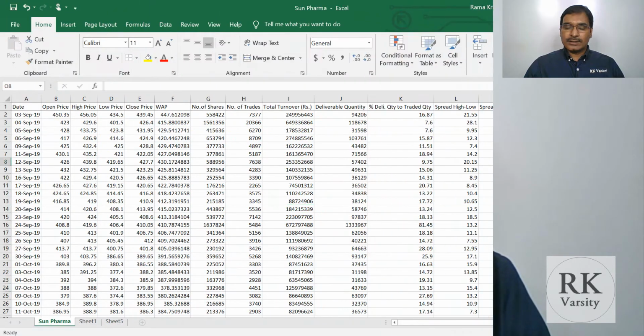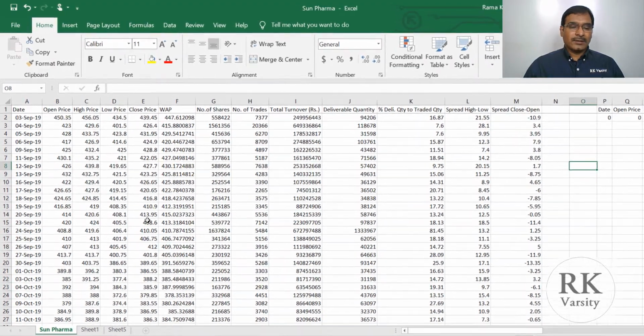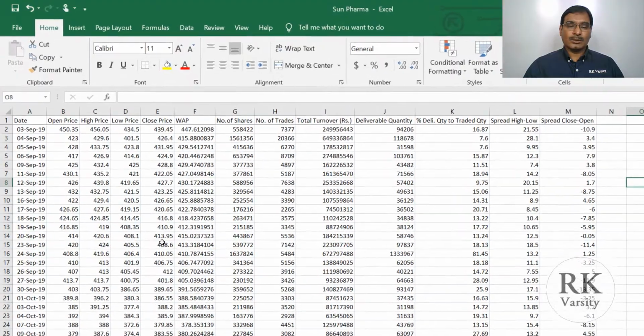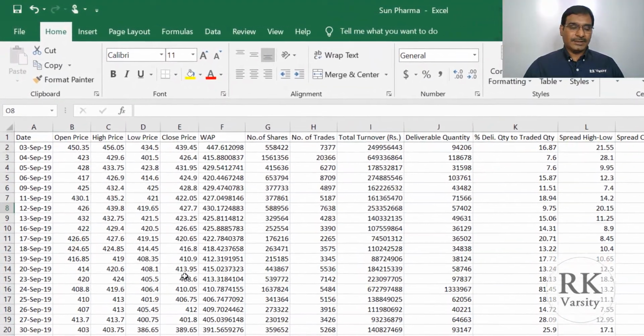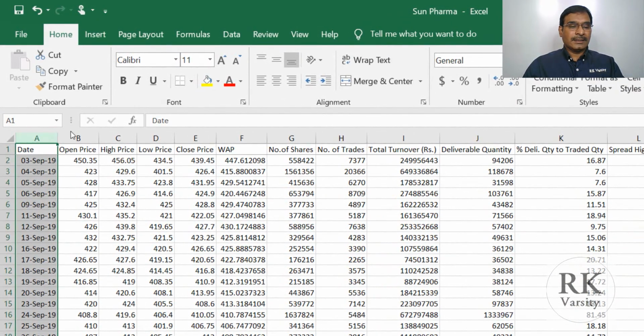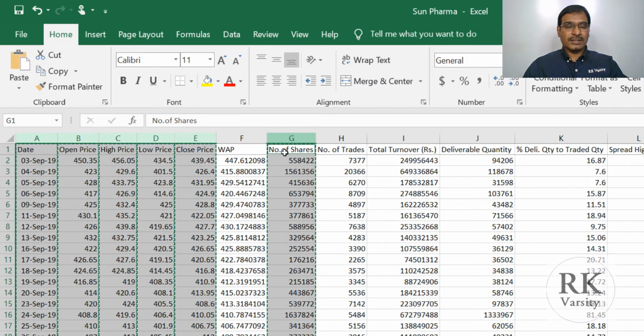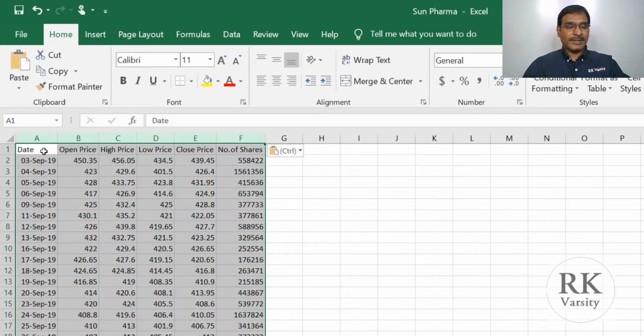I'll show you that. To get a preliminary understanding of investor sentiment towards the stock price, we'll draw a chart where we use the volume, which indicates how the investors are participating. Here we'll take the date, then open price, high price, low price, close price and number of shares. Number of shares indicates the volume. So I'm copying this with Control C, placing it in a new worksheet, then pasting here.